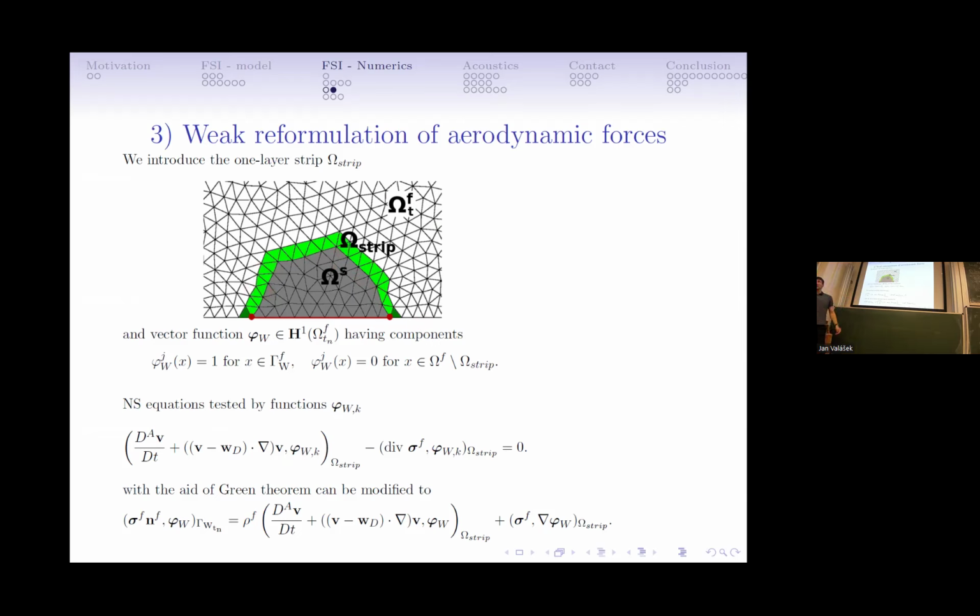And then if we test the equation of the momentum conservation by such a function, then after the application of Green's theorem, we can reformulate this in this formula, where we can see that on the left hand side there is basically the aerodynamic forces tested by this test function associated with the interface, and on the right hand side we will get really just the volume integrals